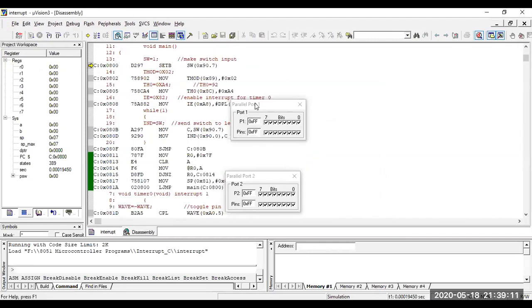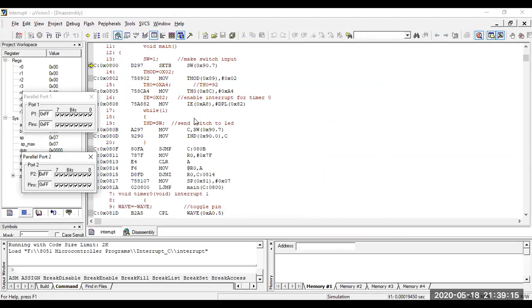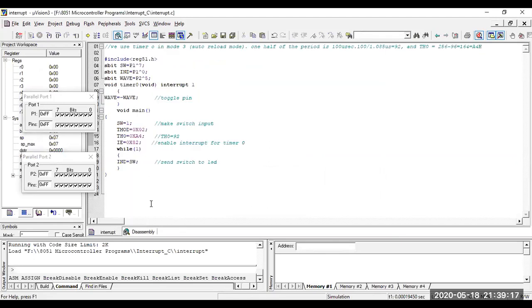See here. So go to ports. So in the program, what you should do here: whatever the value SW has, it should come to this IND pin. I'm running the program. So port 1.5, port 1.0.